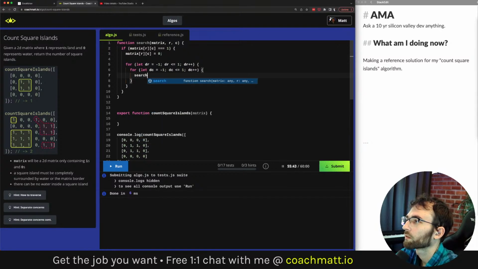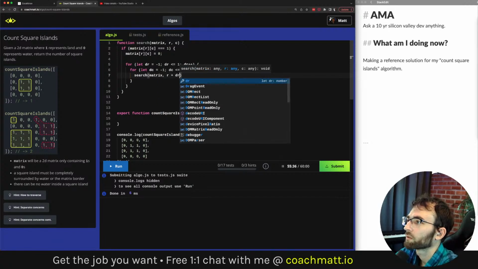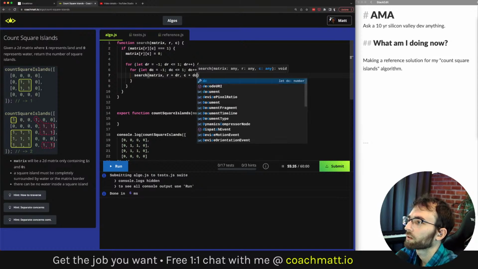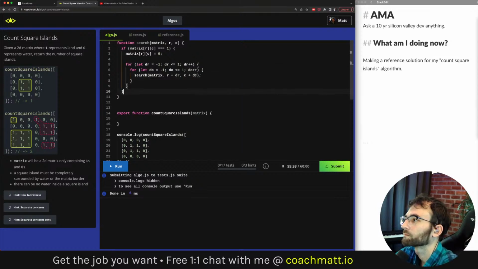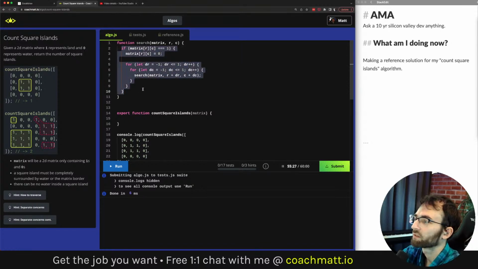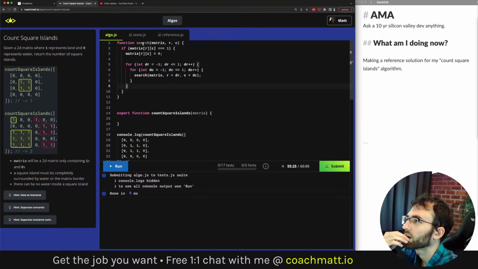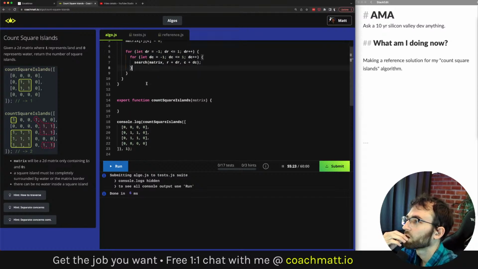And search matrix row plus delta row, column plus delta column. Okay, so this is going to flood fill, erase the whole island that we find.